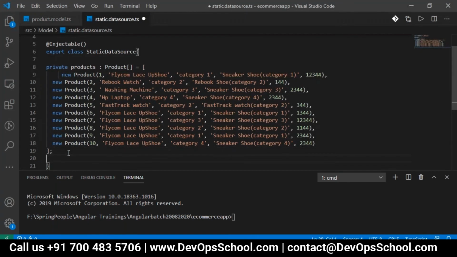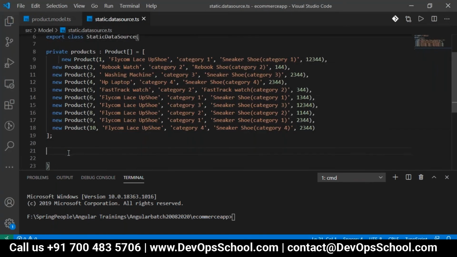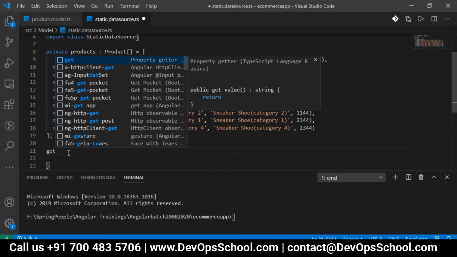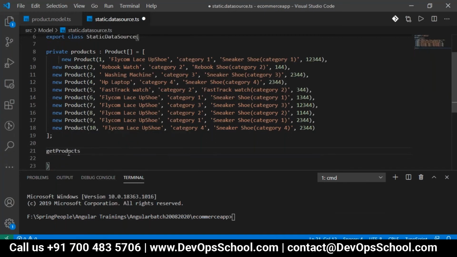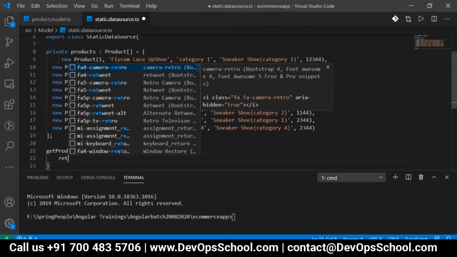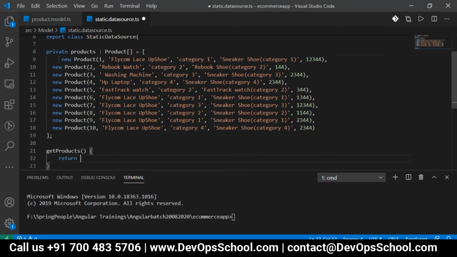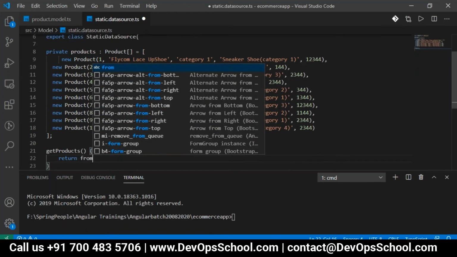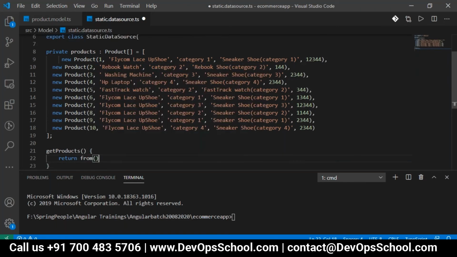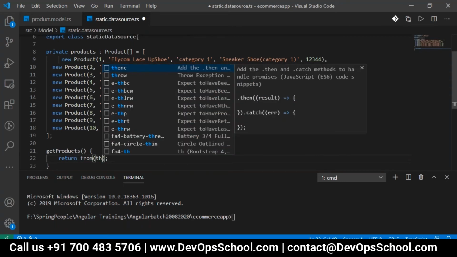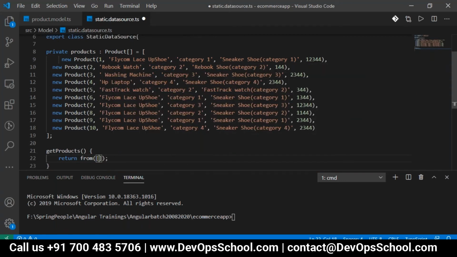Then we want to give these products. So how will these products be sent? For that we will use a getProducts method. The getProducts method we are writing here will return this.products, all the products.